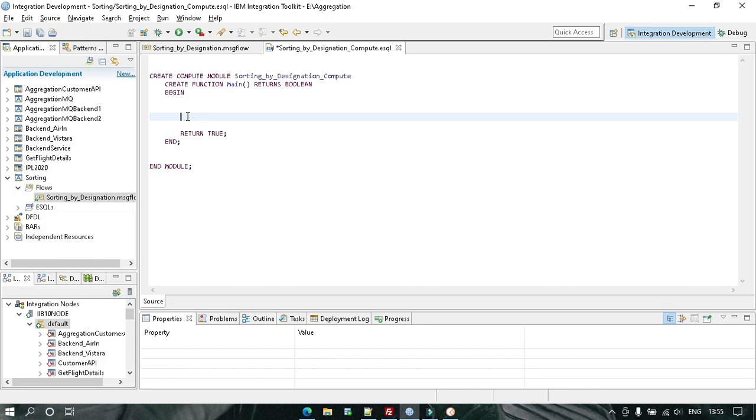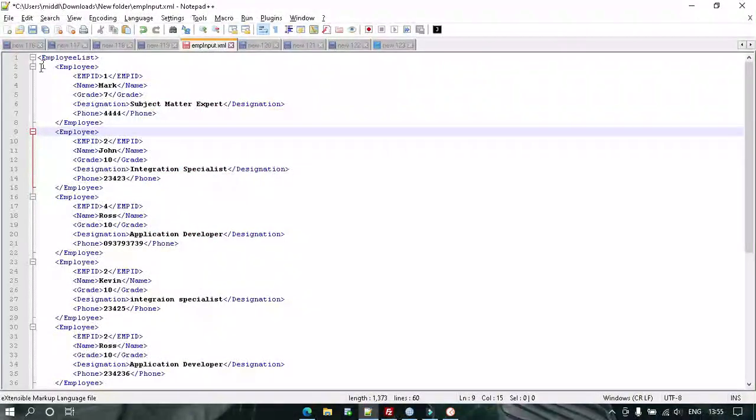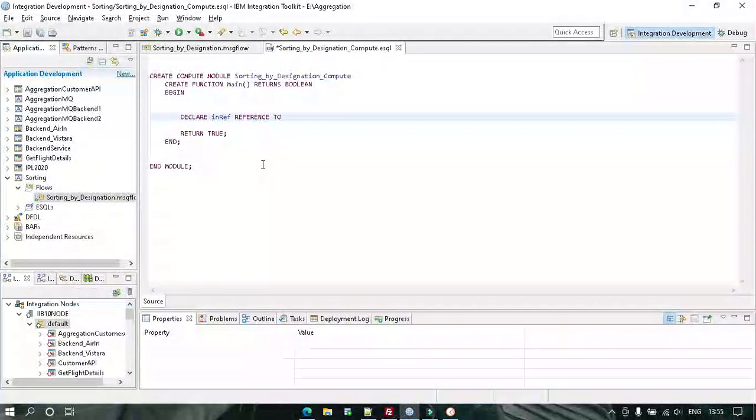Let's first create some reference so that we can use it. I'm creating a reference till here. Let me copy it, input root.